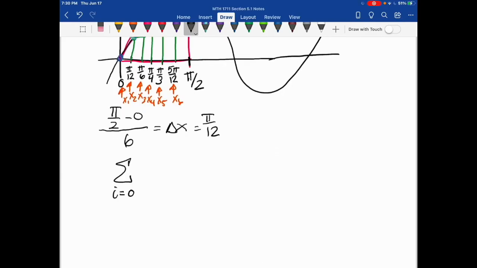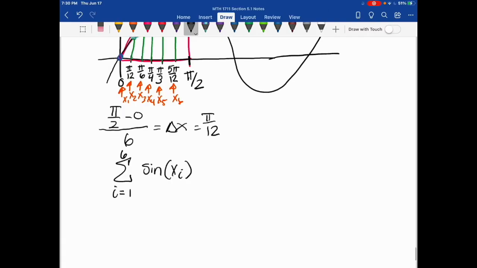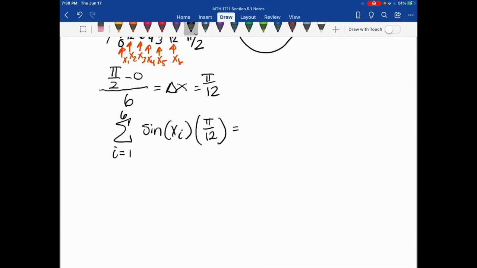So now to create our Riemann sum, we're going to start at 1 and go up to 6, and we're going to write the height of the function is going to be given by the value of the function. So we're going to write sine of xi times the width of the rectangle, which is going to be pi over 12. And we're going to do this 6 times. So we're going to get that the area is going to be approximately, when I plug it in for 1, my x1 is going to be 0. So I have the sine of 0 times pi over 12